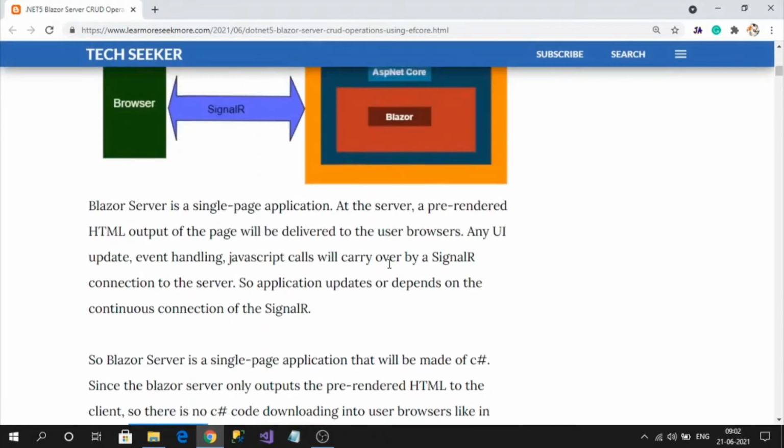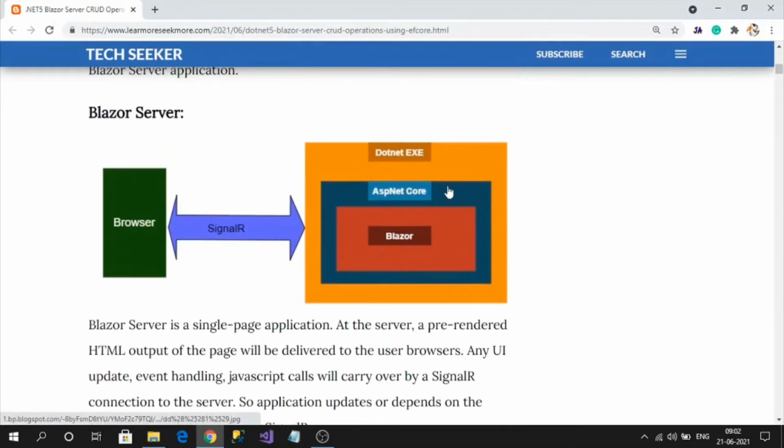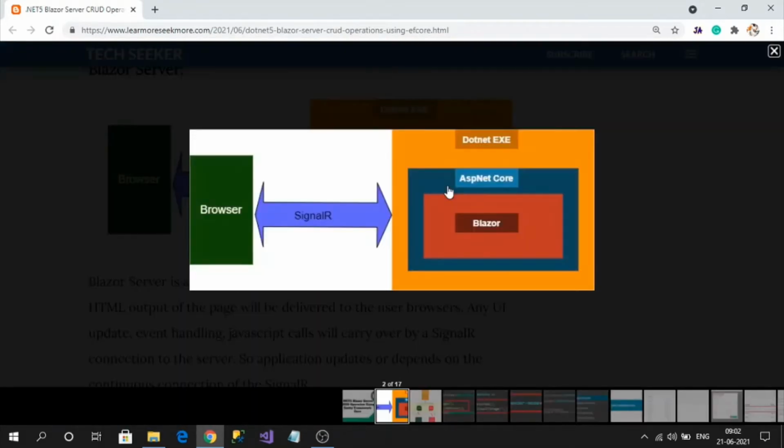If you observe, here is the hosting diagram. A Blazor server application runs on .NET EXE only, like any .NET Core application. See the layers here: .NET EXE, and it runs on ASP.NET Core, inside which our Blazor application is running.